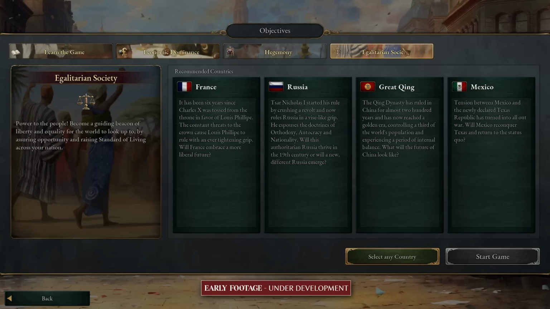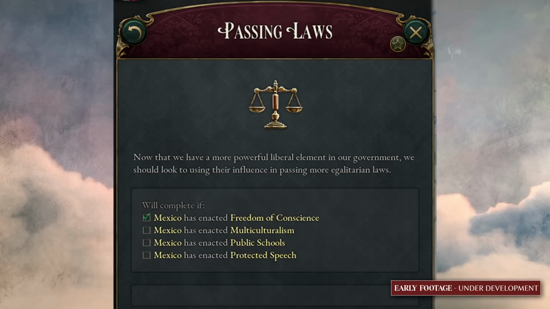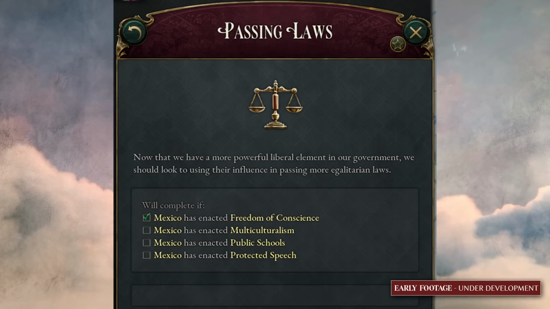The final player objective that you can pick is the egalitarian society objective. In this one, it's a lot more focused on the perfectionist nature of your nation. You want to focus on building up your civilian population. You want to make sure that you have your institutions that help your population, whether it's education or workplace safeties, in place, so that you can work on increasing the average standard of living for the majority of your population, as well as having a high education access.